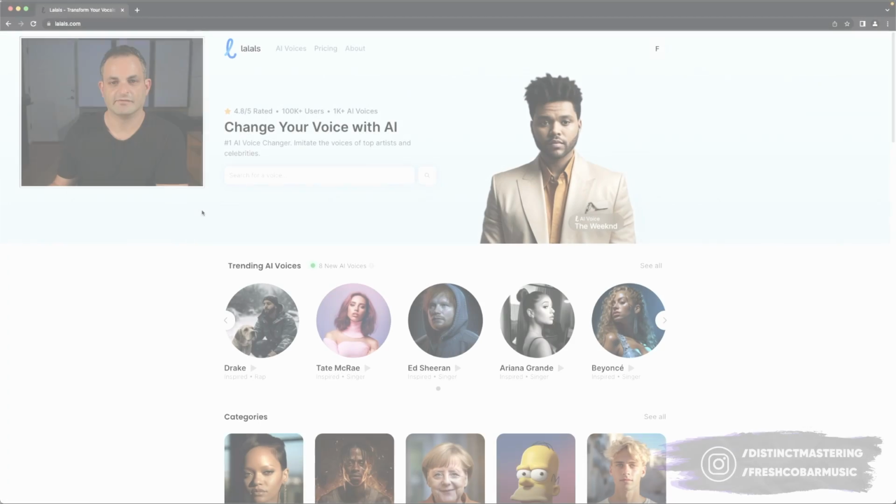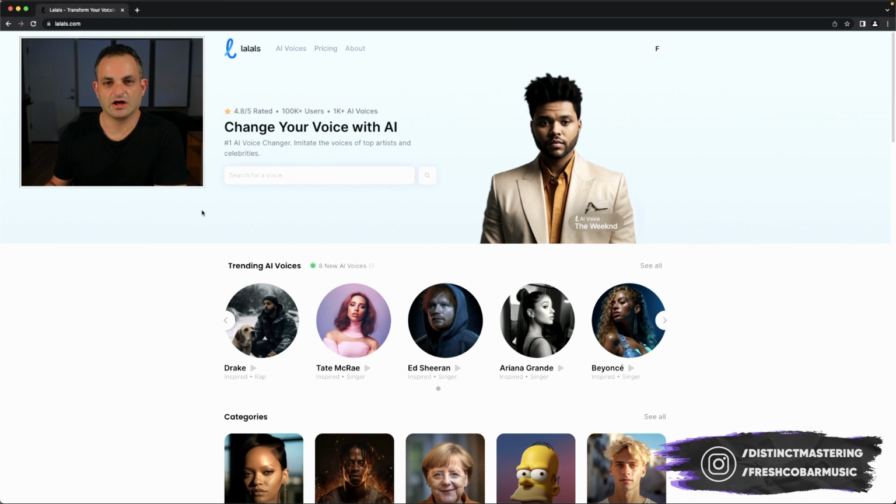Now let's get into altering voices with AI. Hey everyone, so here it is, Lalas. As I said, a friend showed this to me, and I haven't really got to use it too much. I did try it once, but today we're going to put it to the test. I've got a vocal sample that I'm using in a track, and I'm going to be submitting this to some big labels, and I don't necessarily want to submit it with the vocal sample. Although this label, which I can't really say who it is